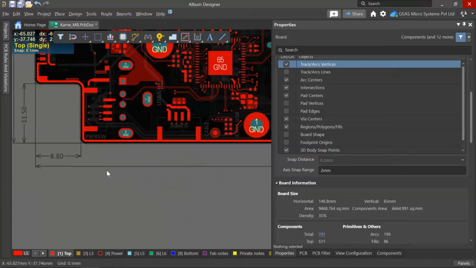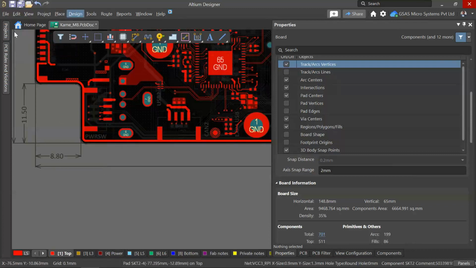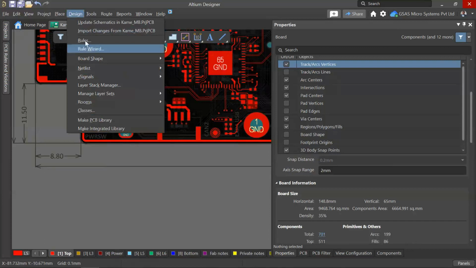The last one, the 10th rule we are going to check, is clearance from silkscreen to exposed copper. Your organization may have specified rules for silkscreen. Silkscreen can be used for assembly, debugging, service, documentation, etc. For fabrication, the silkscreen should not cover open areas. We have two separate rules for the silkscreen. If you go to the rules,